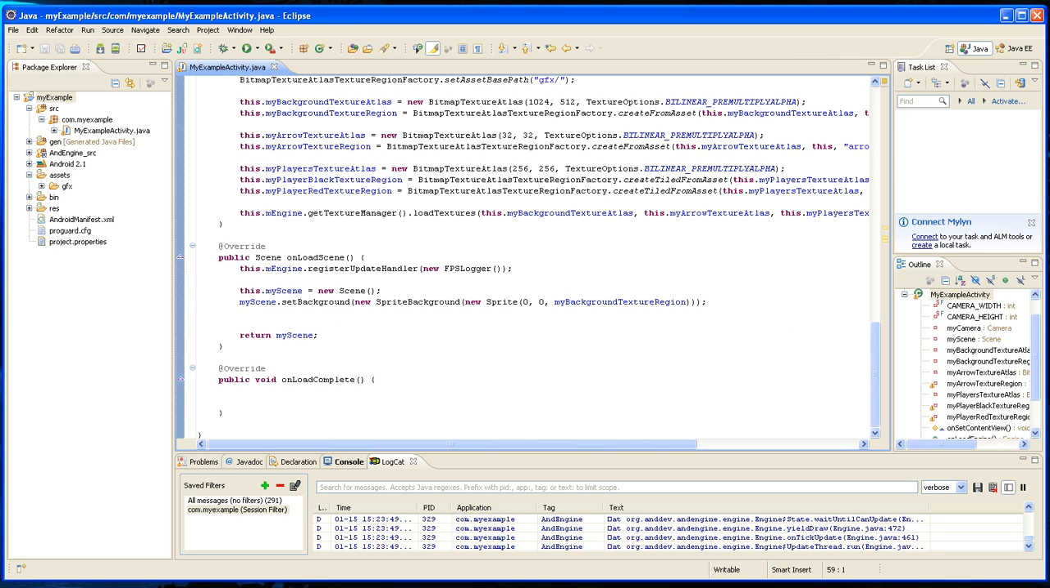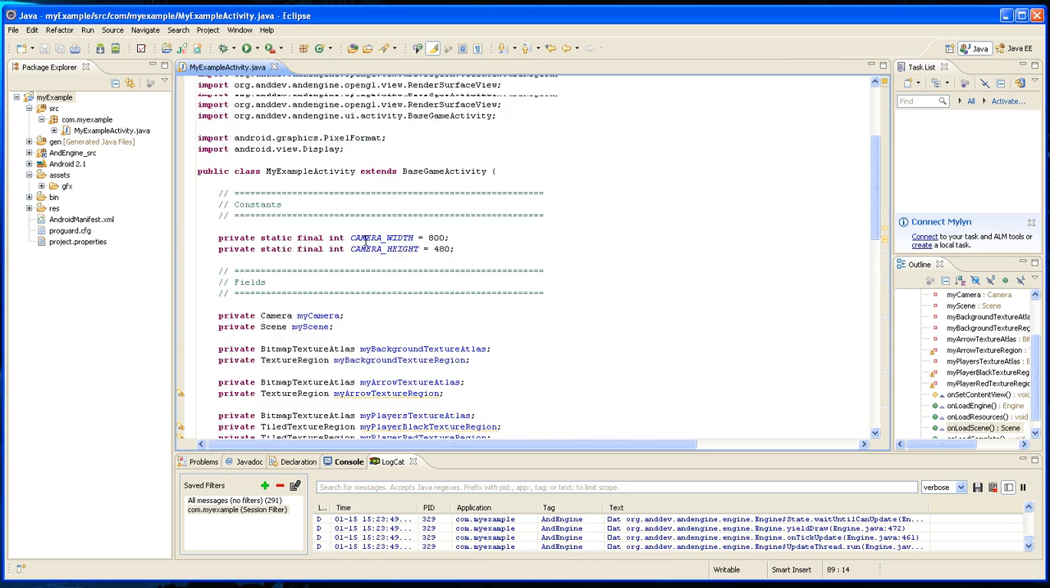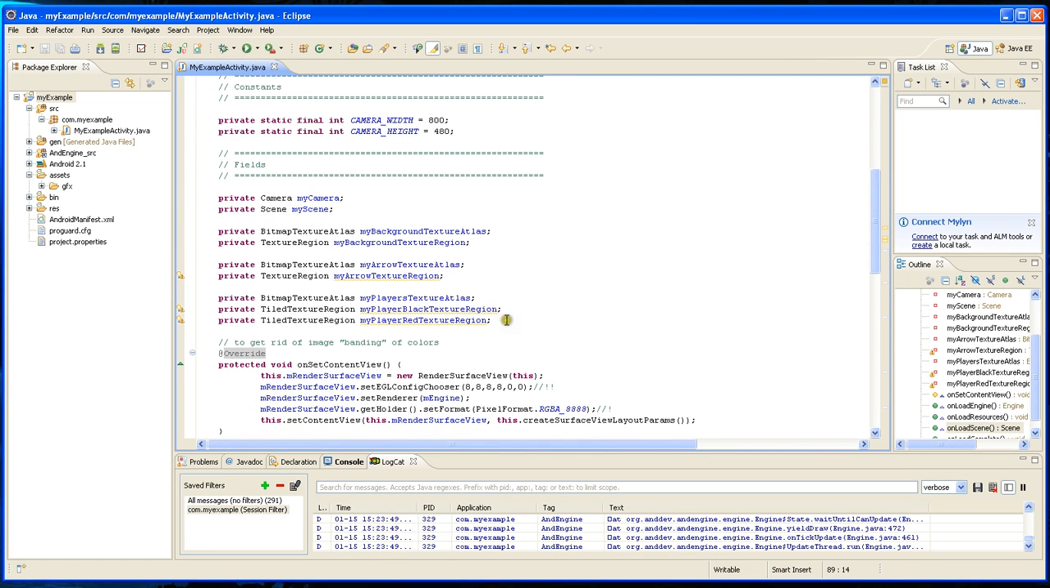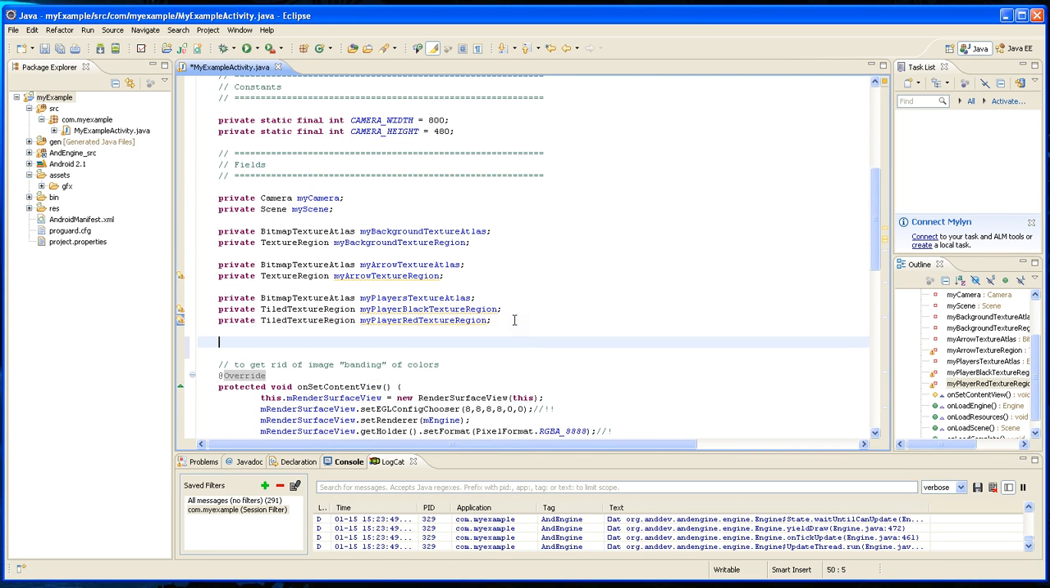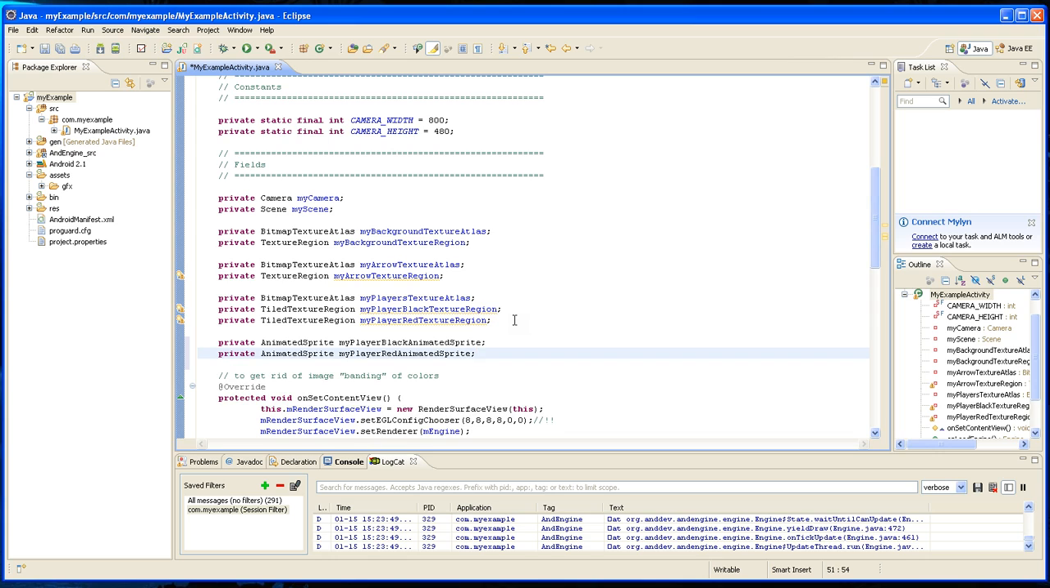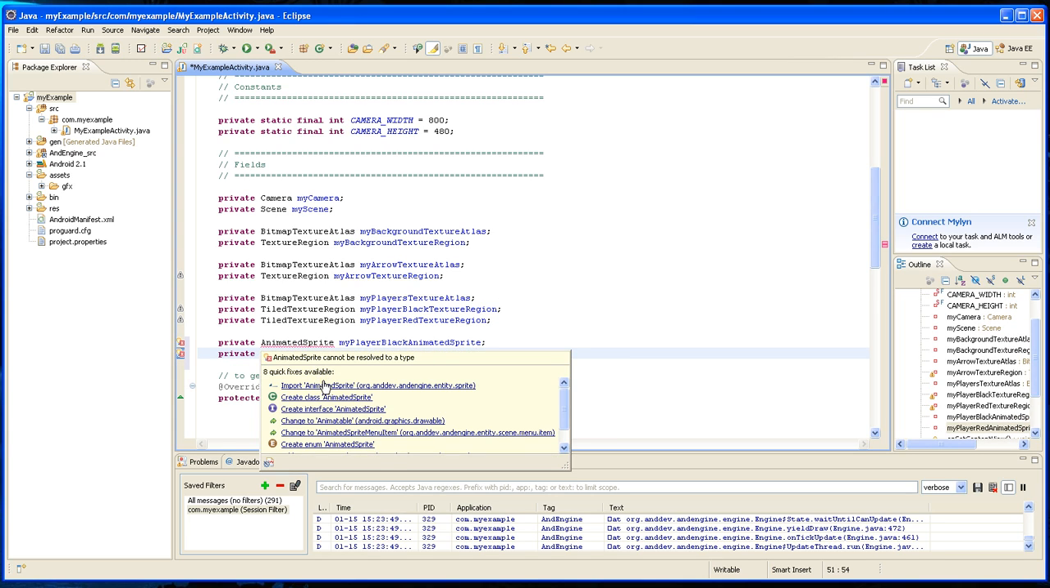So first we're gonna have to declare variables for the two sprites, and we're gonna do that at the declaration area. And we're gonna have to import the animated sprite,